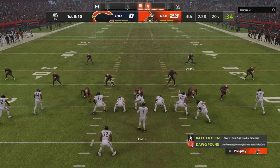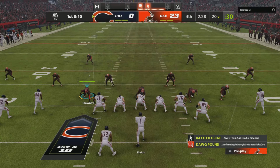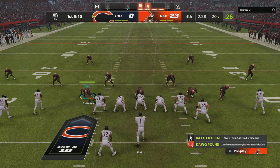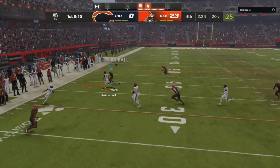The Bears offense ready to go for their next drive. And let's face it, this drive is not going to have any bearing on this game, but it's kind of important for one reason, isn't it? It certainly is. You got to get points. And okay, all right, I'm being facetious here, but you get points, you feel a little...